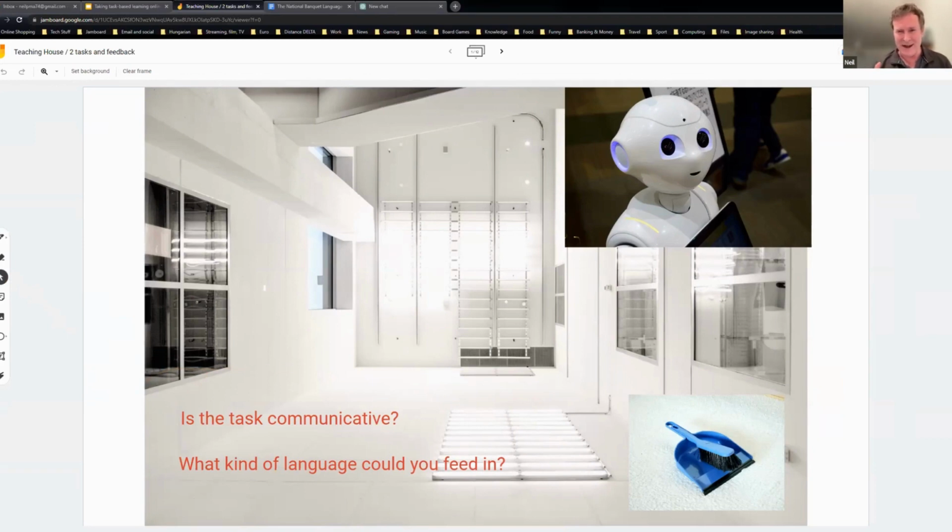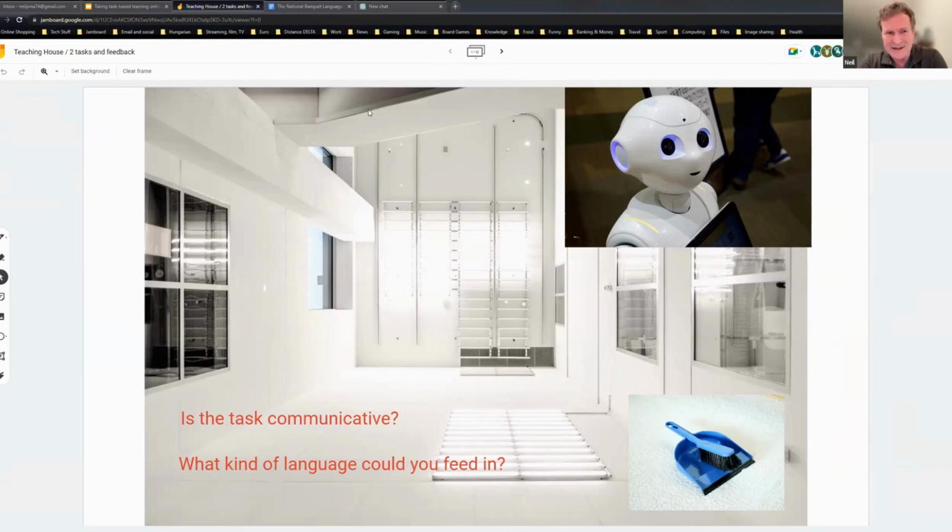Just so that you can see how it works, Neil, can you share the link in the chat? Sure. I don't want everyone to rush at once, but I'll get some of you involved. I think there's only a limited number of people who can come in. I can't remember what the maximum is for Jamboard. Okay, I've put the link in the chat. If you click on the link, you'll be able to do certain things on the Jamboard.